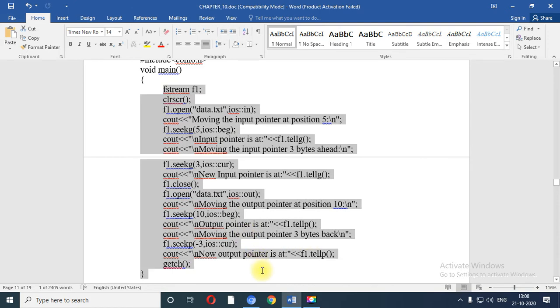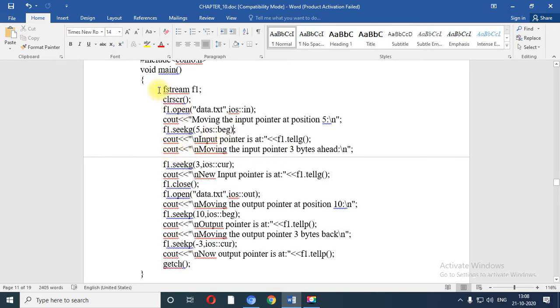You can perform this program in the practical session also, but this is an important program based on the theoretical aspect, which is why I am explaining it in the Word document. So this will set the pointer to the 5th position, and tellg will tell that my input pointer is at position 5.